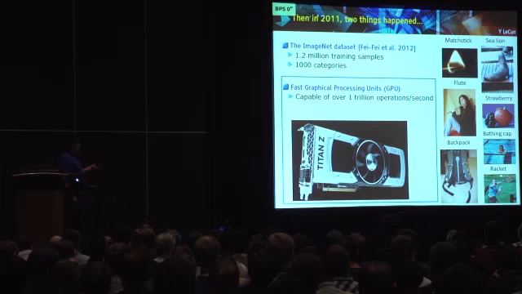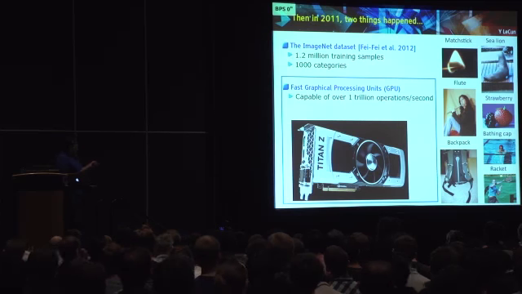Simultaneously, it was possible to get our hands on fast graphical processing units from NVIDIA that were capable of about 1 trillion operations per second. And Alex Krizhevsky, Ilya Sutskever, and Geoff Hinton were the first to have a very efficient implementation of convolutional nets on those GPUs and were able to train on this large data set. At the time, it was taking about a month to train. Now we can do this in a few hours, but